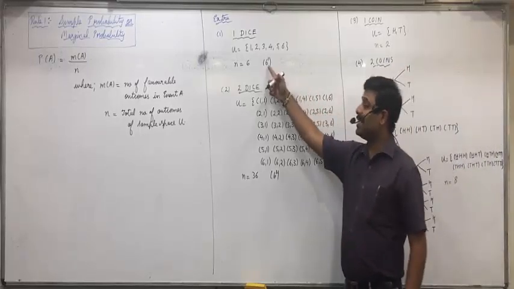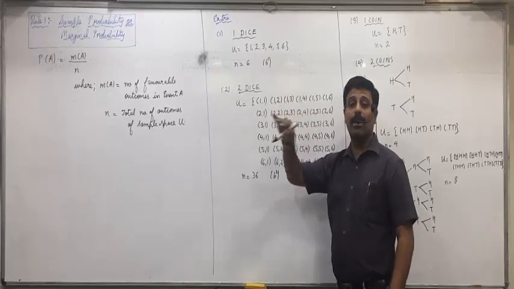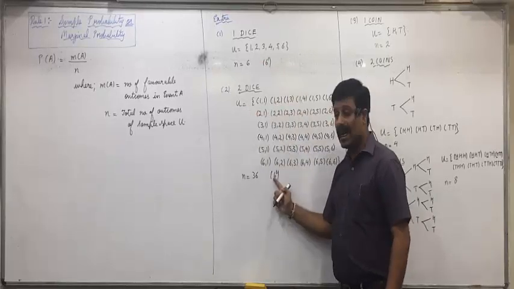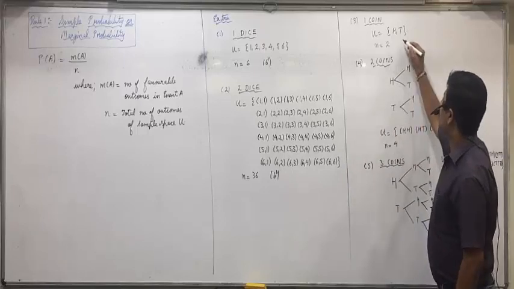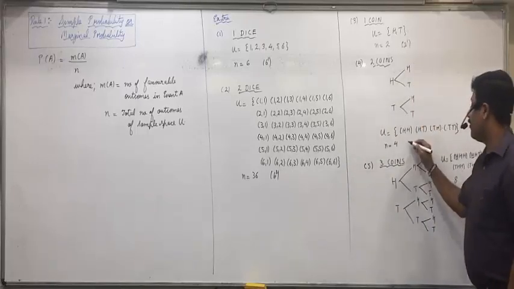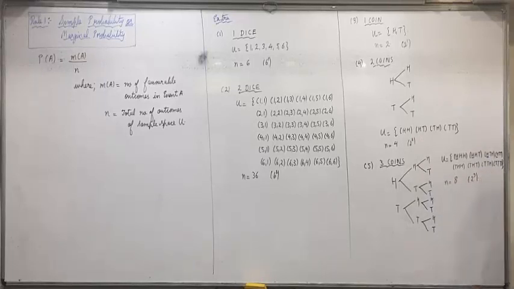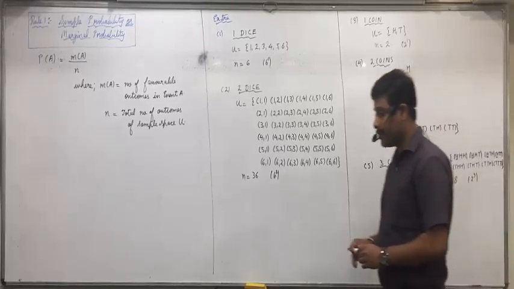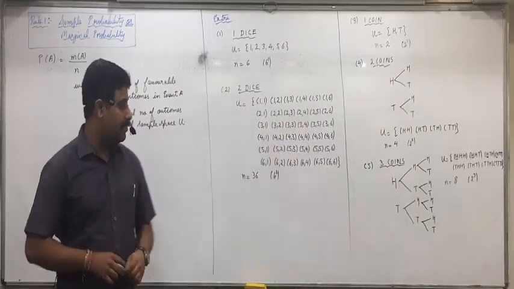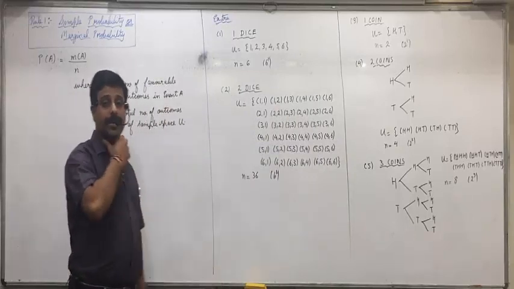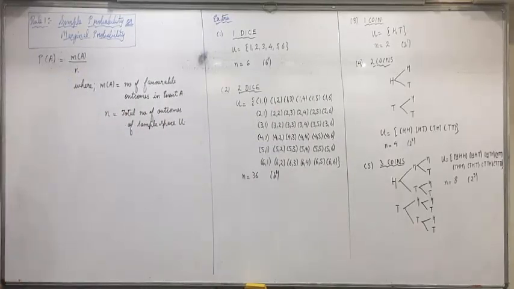With 1 dice 6 raised to 1, because in 1 dice how many outcomes are there? 6. With 2 dice 6 raised to 2. Same way with 1 coin 2 raised to 1. With 2 coins 2 raised to 2. With 3 coins 2 raised to 3. 2 raised to 3 is equal to 8. Did you understand this portion? So, sixth example of 4 coins, do it on your own. First do these 3.